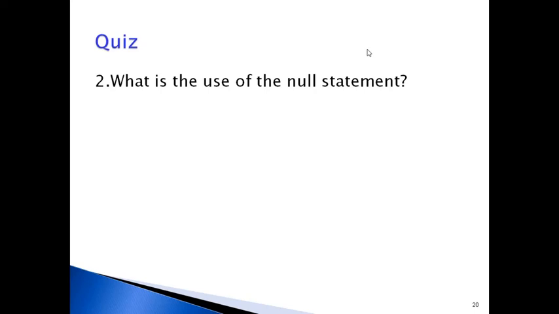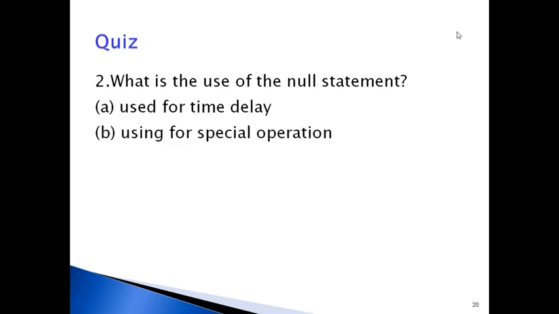Why do we use null statements in programs? A, used for time delay. B, used for special operation. C, none.